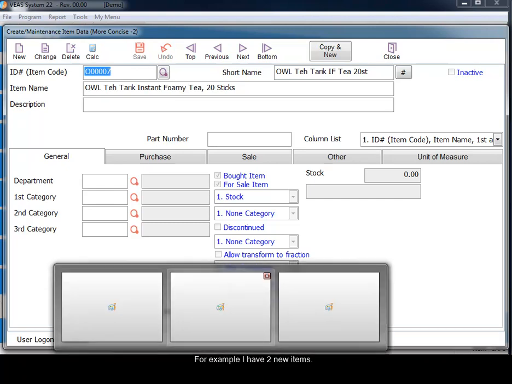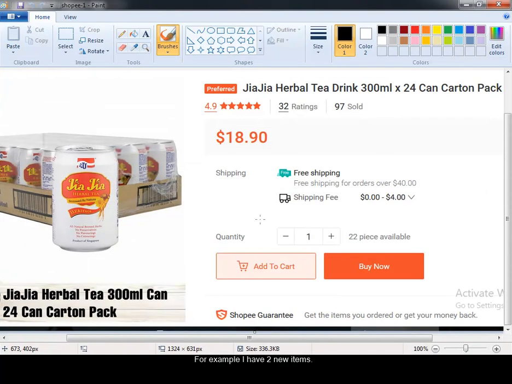For example, I have two new items that I want to add to the system. The first is Gia Herbal Tea Drink 300 milliliter times 24 can carton pack.